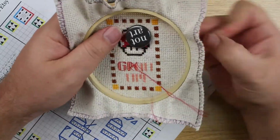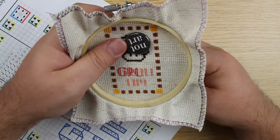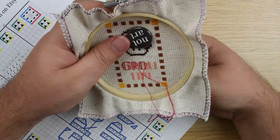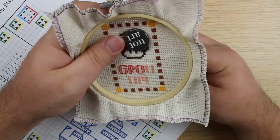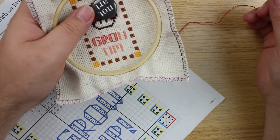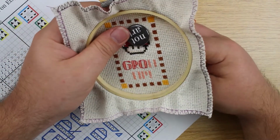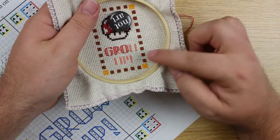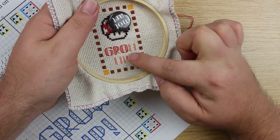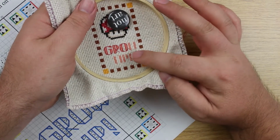So now we'll move on over to the O. And again, it's real easy with a letter when you're stitching around it to stitch yourself into a corner. So just pay attention to your thread paths. And now we have a little bit of a decision to make here as well, because if I go across the W the way I just went across the O, I'm going to wind up a long way from where I want to go. I'm going to wind up over in the corner. And I don't want to wind up there because the next place I want to go is down here to this exclamation point. So I need to think about my path carefully,